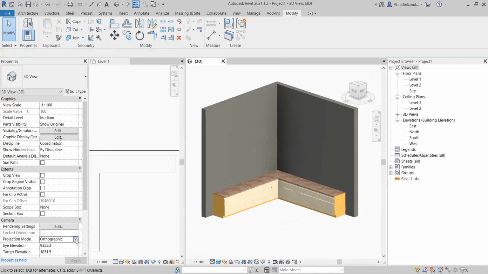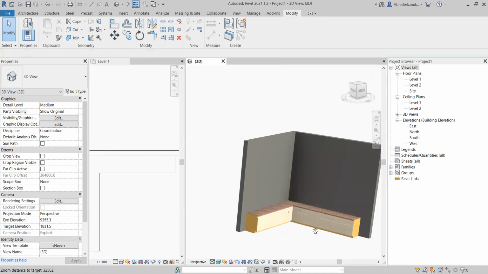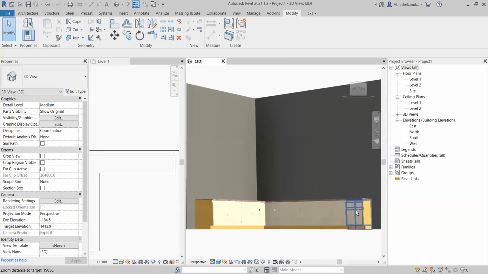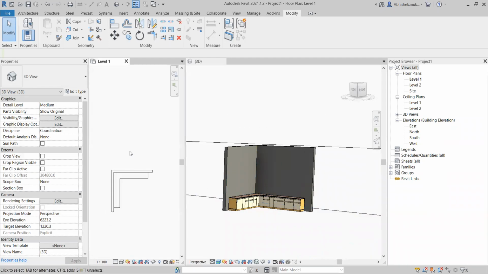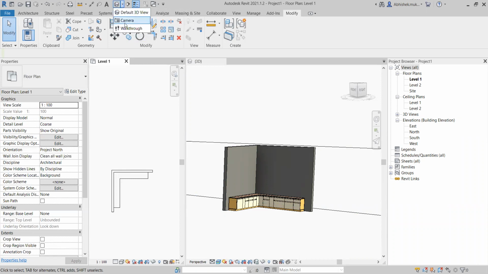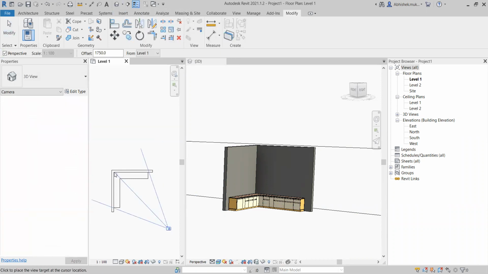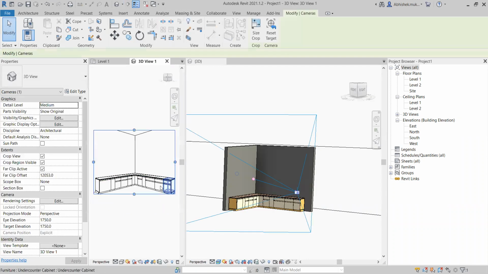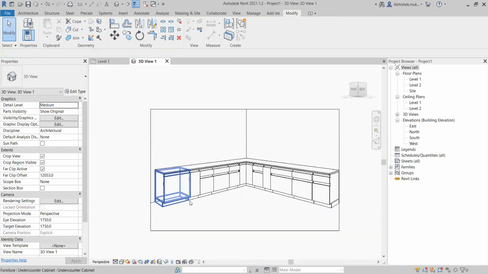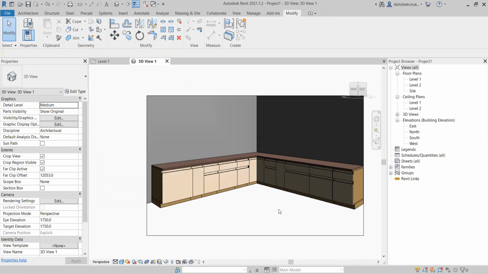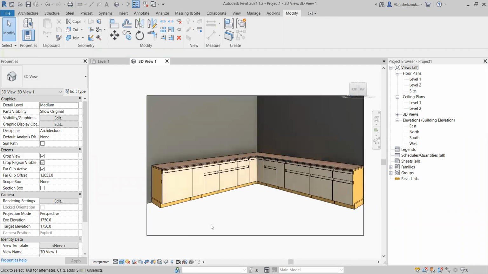So if I go here in the perspective view, I'll be able to see the perspective view of this, or better say, I can also go to the plan and then I'll be able to just place a camera which will go from here to here. And now this camera view will have better perspective of what we are talking about. I'm going to close the 3D view, and this is the camera view. And if I do shaded, then this will be the appearance. And if I do realistic, then as you saw, this is the appearance.